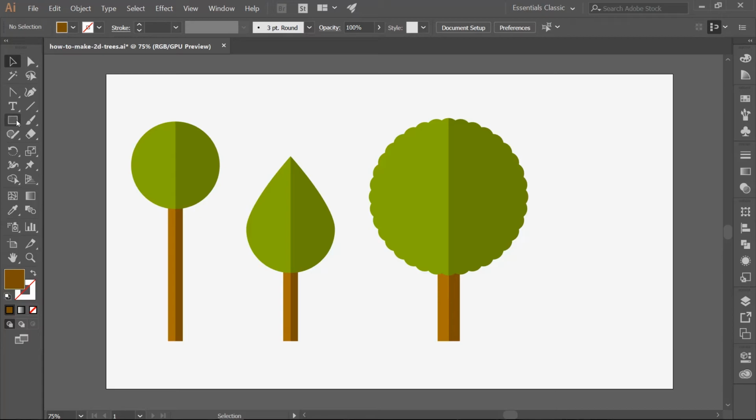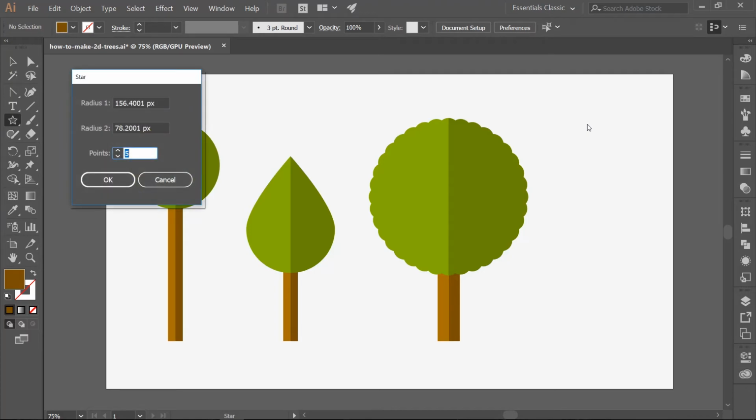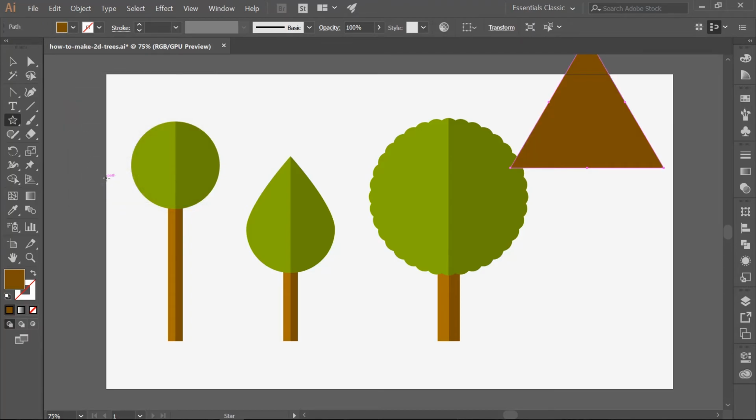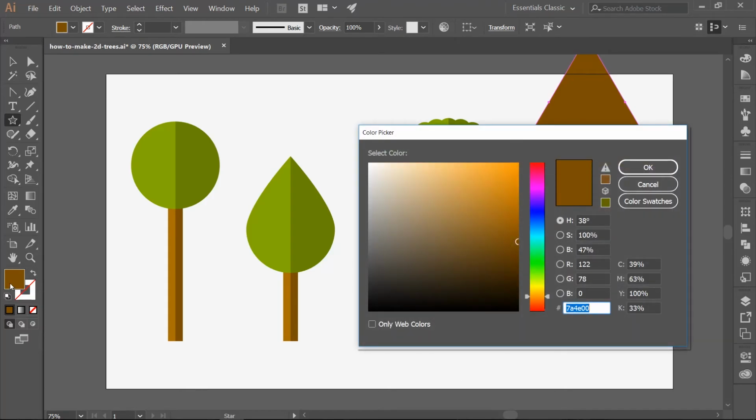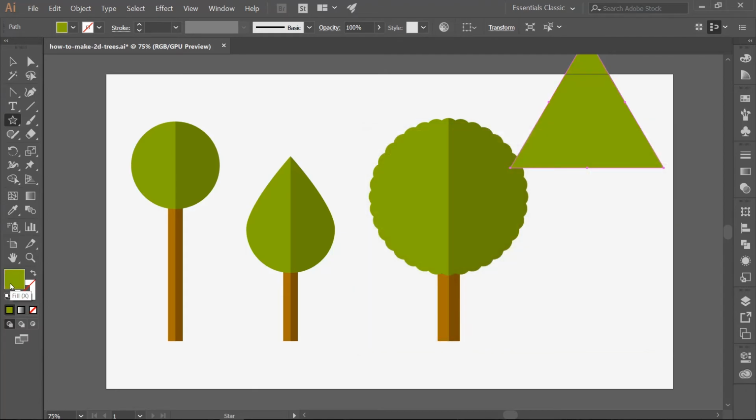Now select the Star tool, which is under your Rectangle tool. Click once on the artboard. Make radius 1 300 pixels, radius 2 150 pixels, and the points 3. Fill the triangle with a green color. I am using 85AA00. Then make a copy of the triangle